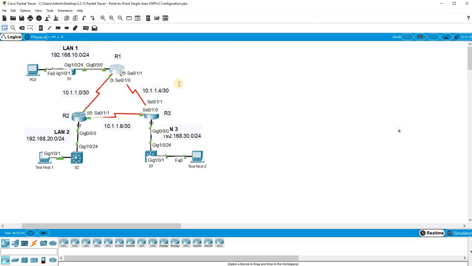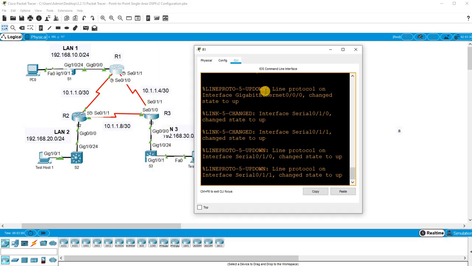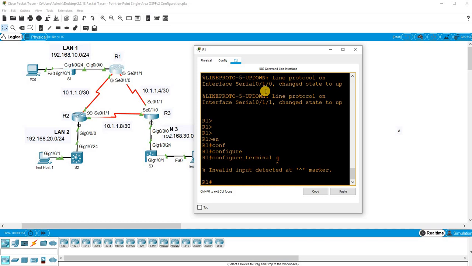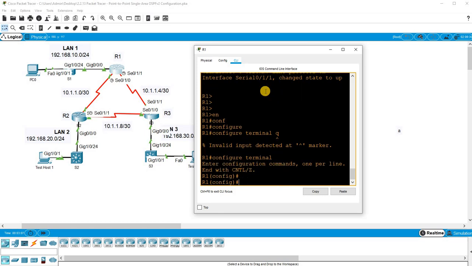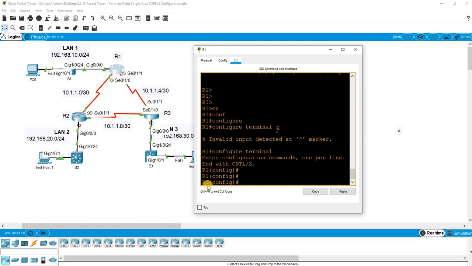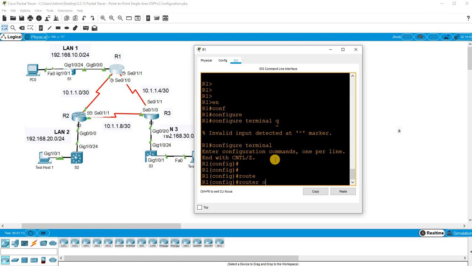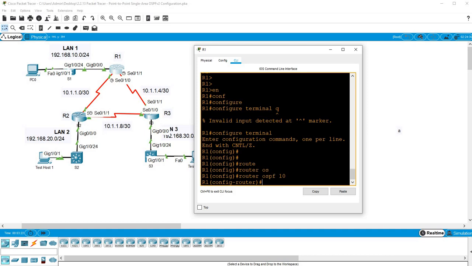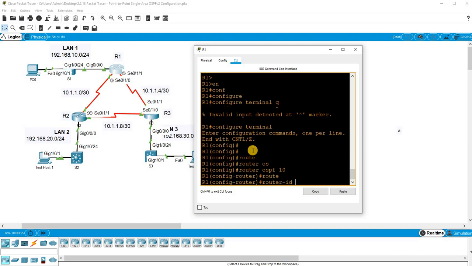So if we go to this router, enable, conf t. As you see, the router's host name is already R1, so we do router OSPF, and because we said 10, we use router OSPF 10. And then our router ID on this one will be 1.1.1.1,